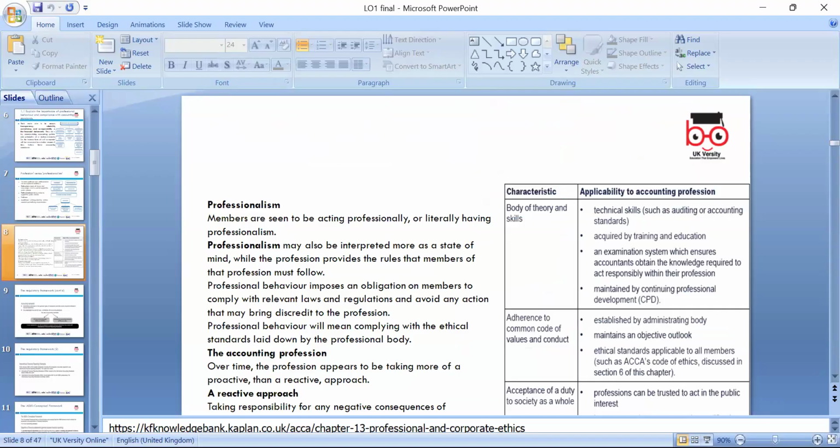Not just shareholders and wealth maximization, so we need to look at how we can do that, and we have to have up to date knowledge. We have a common code of values and conduct, which is the duty to society, which we have to promote. Okay, so accounting standards, please,